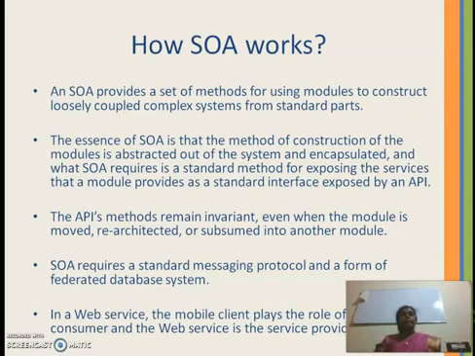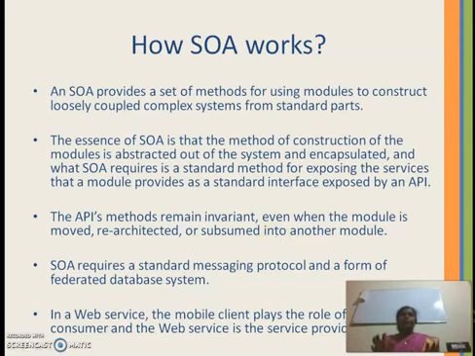And now the question is, how are we going to access these different services? For that, SOA requires a standard method for exposing these different services to the service consumers, so that they can use these services through an API. So the API's methods remain invariant even when the module is moved, re-architected or subsumed into another module.